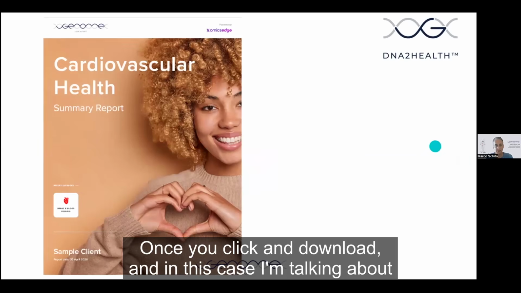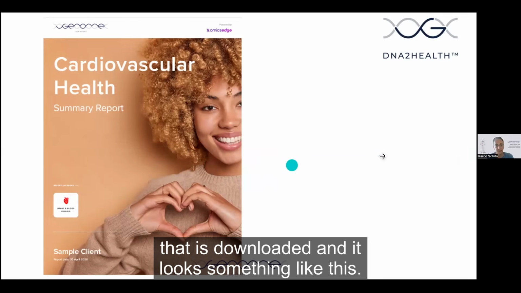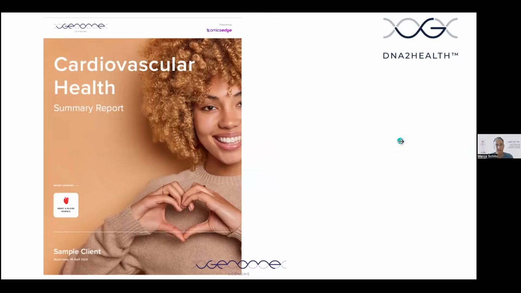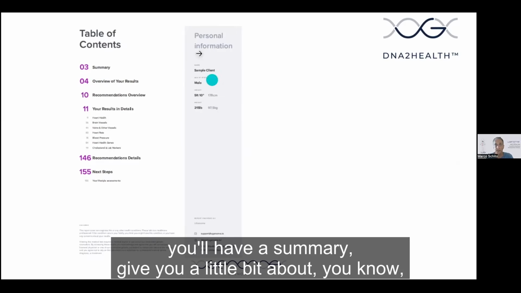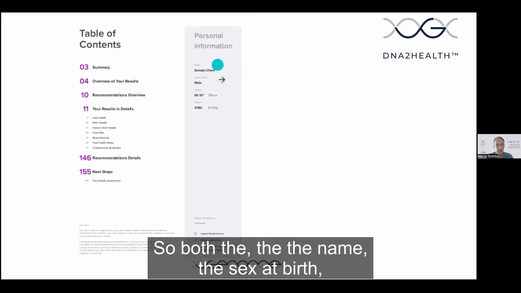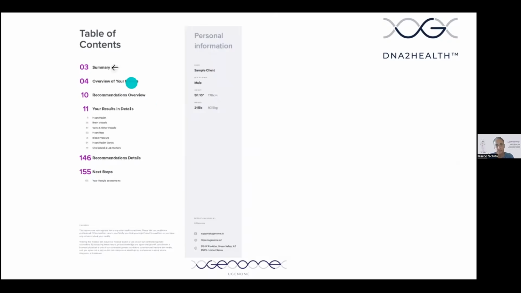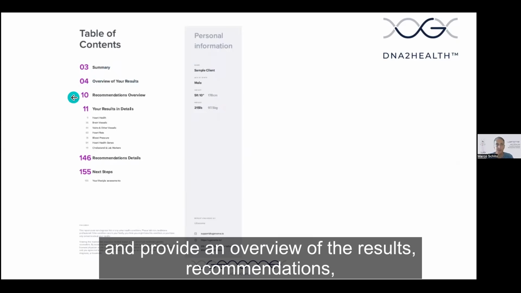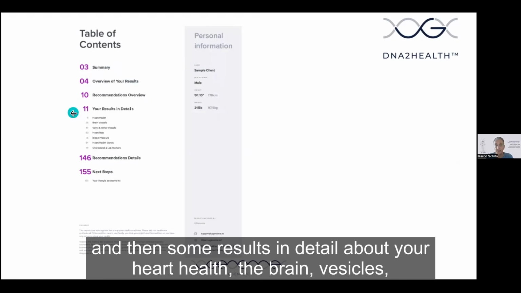Once you click and download, and in this case, I'm talking about cardiovascular disease and cardiovascular health, you'll get a cardiovascular report that is downloaded, and it looks something like this. As you go through it, there will be a table of contents where you'll have a summary, giving you a little bit about your personalized information that is reviewed. So both the name, the sex at birth, the height and weight, which will impact your results, and provide an overview of the results, recommendations, at least a high-level overview of your recommendations,